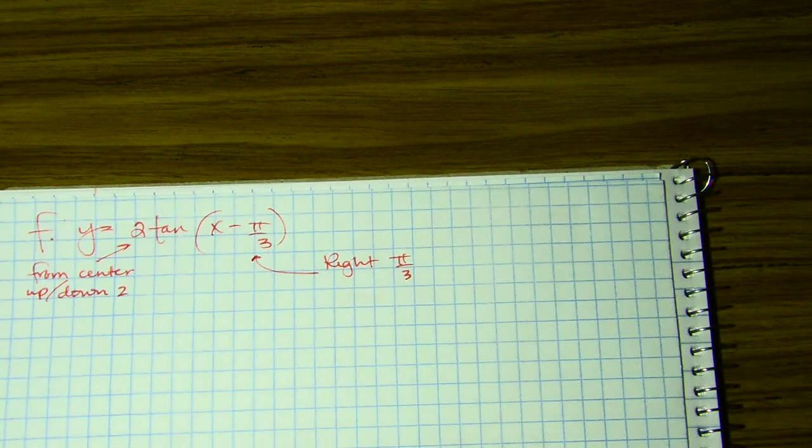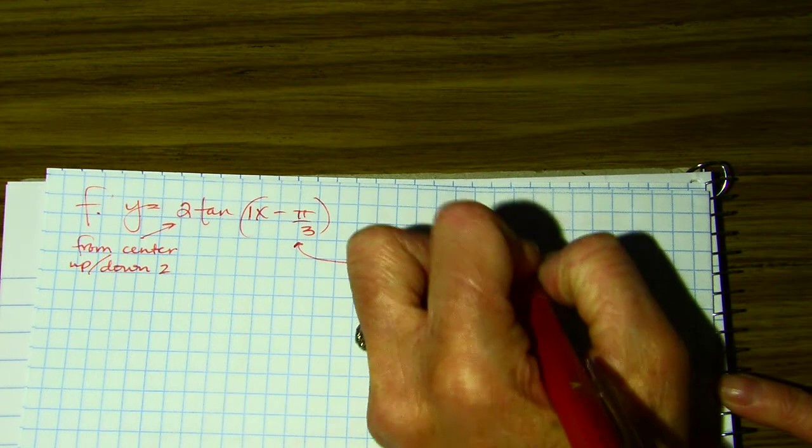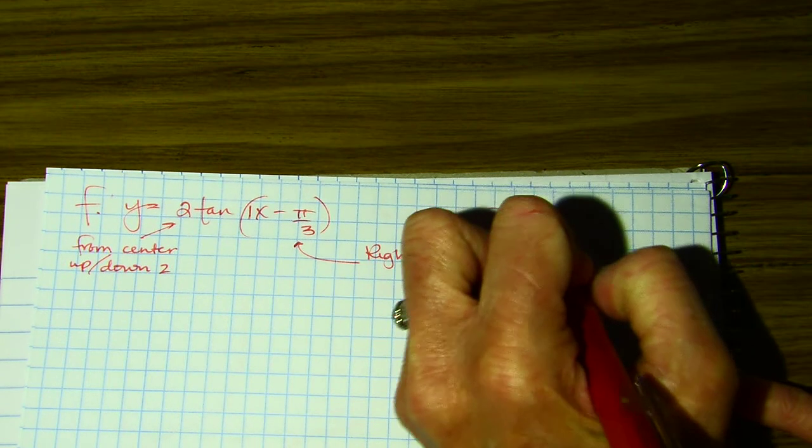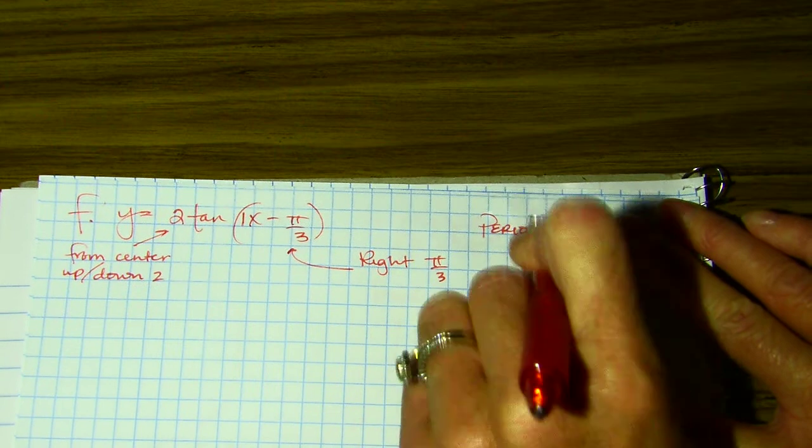So this means that my graph has been shifted to the right pi over 3. And then this here affects from the center up and down 2. My period, though, there's an invisible 1 right here. So my period is just the standard 180